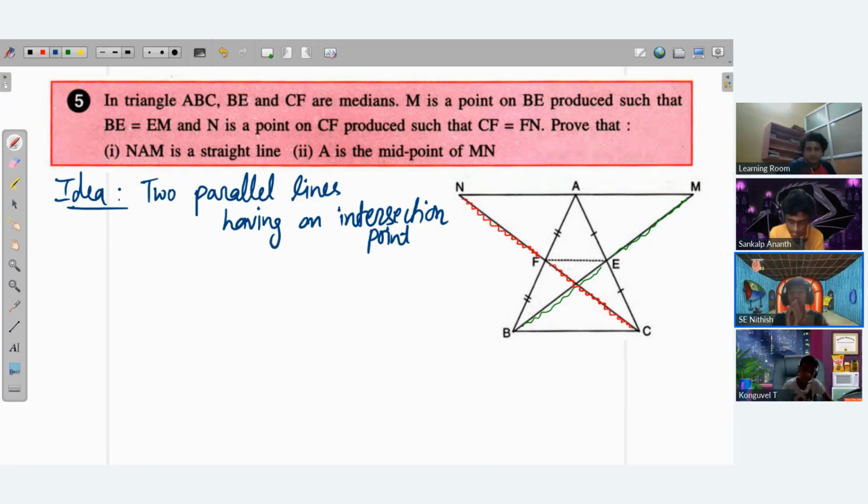So FC and EB that are intersecting at a point, that point is the centroid of the triangle ABC. So this is the idea we are going to work with. The idea is if I can show that there are two parallel lines which meet at a point, then